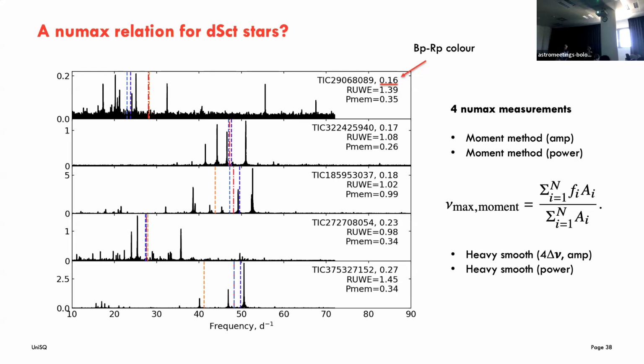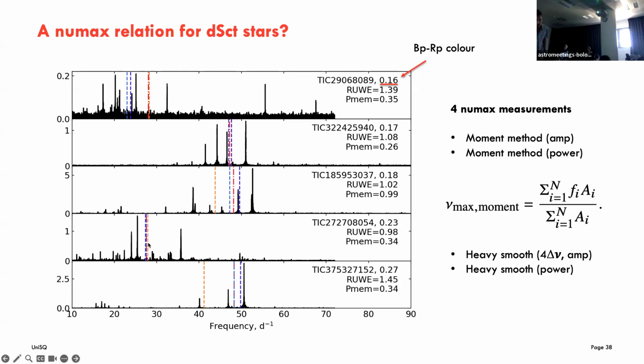And then another method that we choose is to heavily smooth the power spectrum. This is something that's often done in solar-like oscillators, is to heavily smooth the power spectrum and measure the center of the power excess. So what we do is we convolve the Fourier transform with a Gaussian of width 4 delta nu. That's the number that Tim Bedding says that everyone who studies red giants uses, so I hope he's right. And we do that again in amplitude and power. And so we end up with 4 methods to measure nu max, and that's why we have 4 dashed lines in each of these